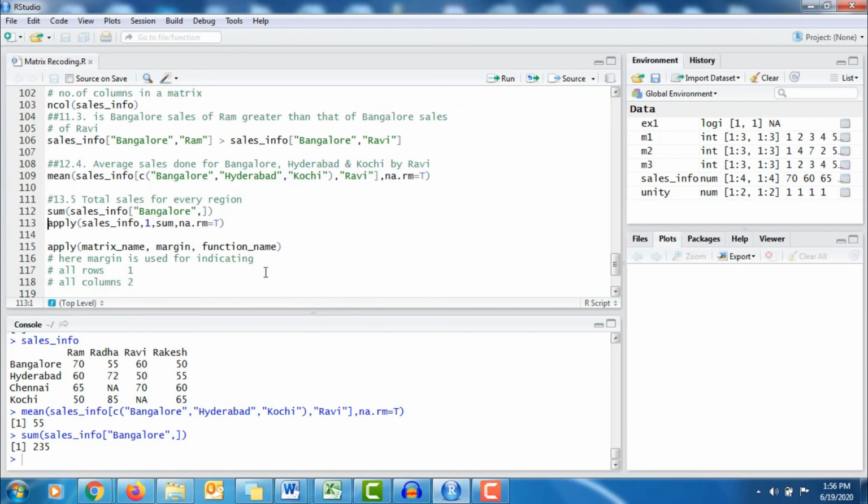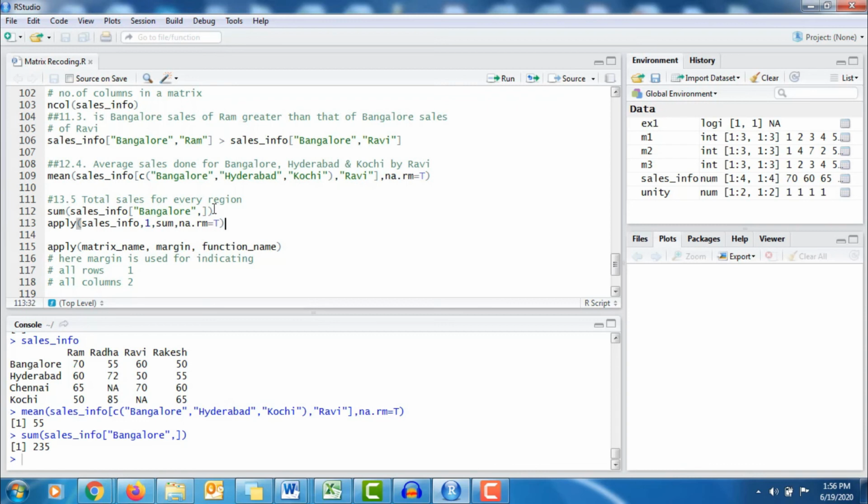How to use this? So first of all, let's understand: here margin is used for indicating either all rows or all columns. So when I want this specific function to be applied on all rows, I can use margin as 1. If I want the operation to be performed column-wise, then I can use the margin as 2.